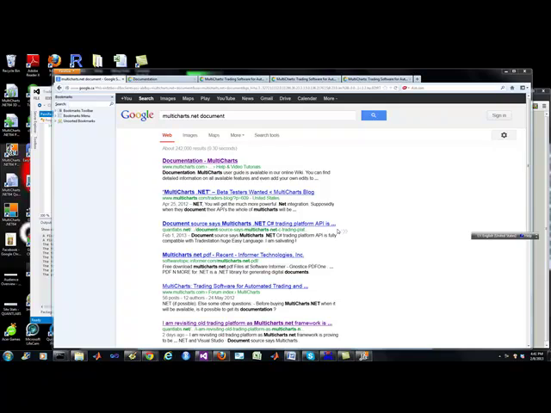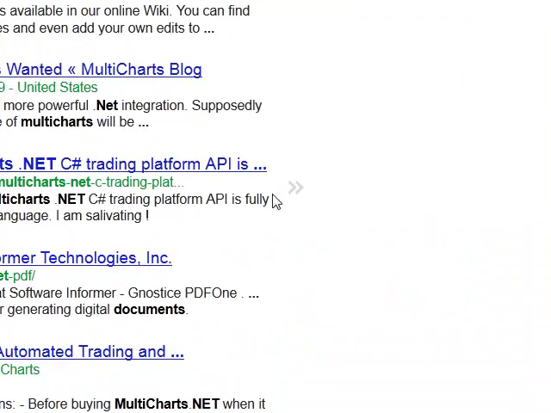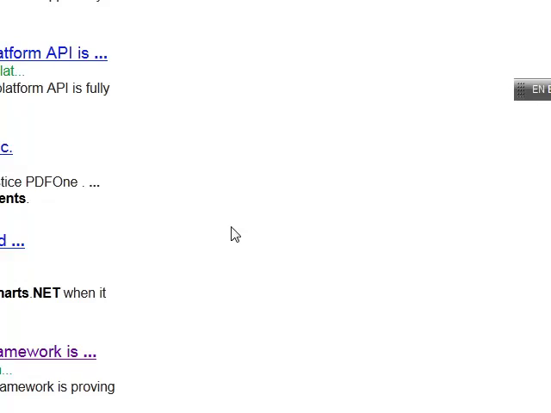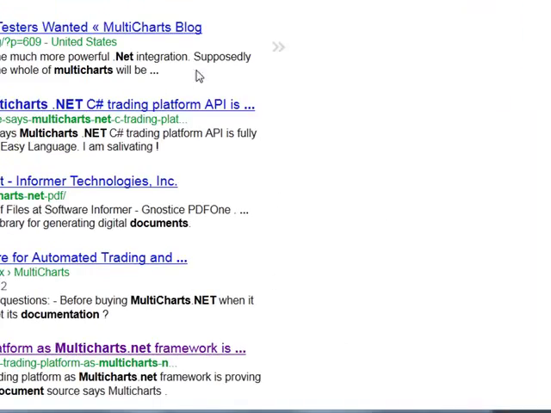Brian here from quantlabs.net. As you know, I was hoping to go with multicharts.net and proceed, building strategies from this framework within multicharts.net. It is a fairly sexy, sophisticated platform, but the back end with their framework is completely useless to me. And I'm going to show you why, and I'm going to show you what my alternative is